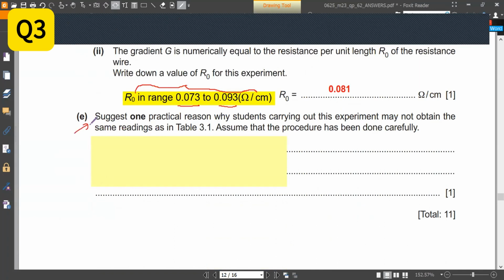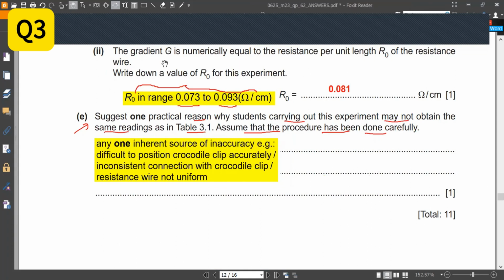Next, suggest one practical reason why students carrying out this experiment may not obtain the same readings as in table 3.1. Assume that the procedure has been done carefully. So what would be some possible problems that we can encounter that causes the readings to be not very reproducible? For example,